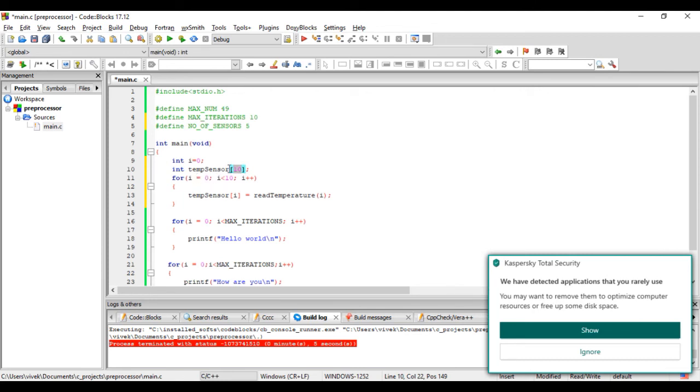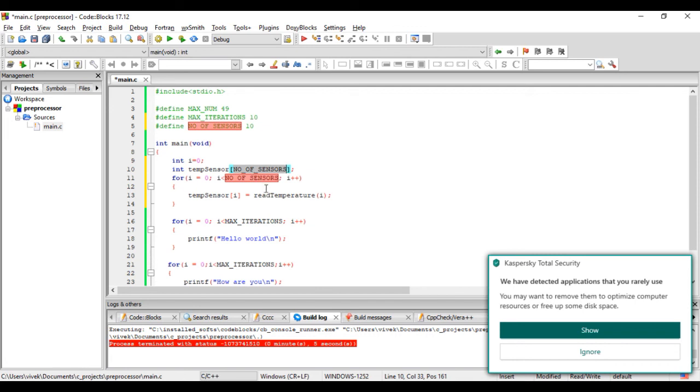Now again, it's only 2 places, but there can be multiple places also. Here we are declaring an array and we are reading the values. At some other place in the program, maybe we are calculating the average, or we are transmitting the signals one by one. So we will have the same number 10 everywhere. And any change in the number of sensors will force us to make the changes everywhere. But if we have the #defined values, we just have to make the change at one place here, and during the preprocessing stage, NUMBER_OF_SENSORS will get replaced everywhere by 10.